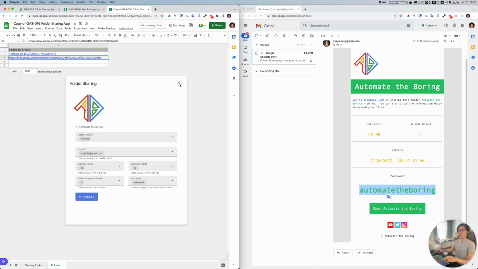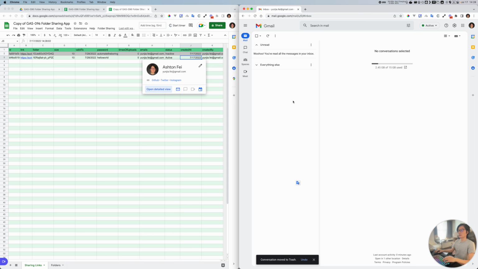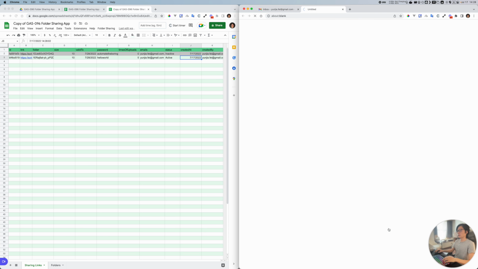Okay, so the share link has been sent to my email, I think. And as you can see here, the database is now created. Okay, so now this is the file we created. This is the email address. This is the email I should have received. And this is the password. And this is from this new application, okay, from here. And if I open this,